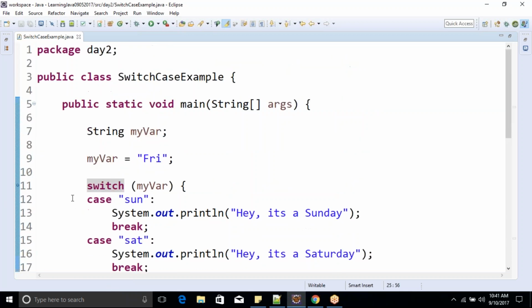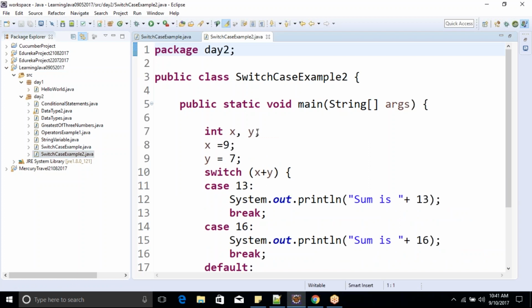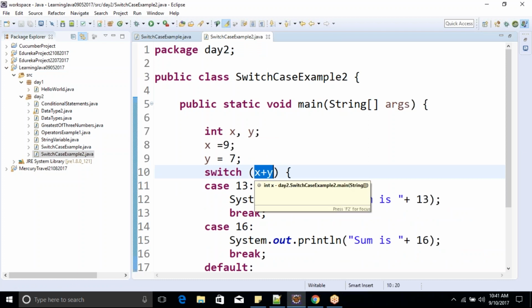Moving ahead, in this key, I am saying you can pass anything. Currently I have passed a single string value. You can pass a combination of strings. You can pass an arithmetic expression here. You can pass an algebraic value. Anything you can pass. If you look here, in this switch case statement, in the switch I have an arithmetic expression being passed, x plus y. So x is some value, y is some value. The combination of the two